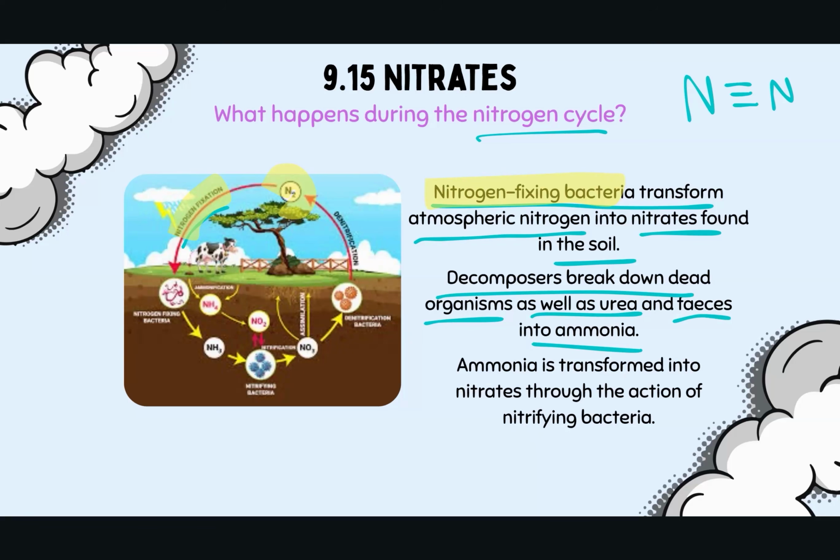What decomposers do is they convert dead organisms, urea and feces, into ammonia, but then nitrifying bacteria turns the ammonia into nitrates. So between these three different types of bacteria or microorganisms, nitrogen fixing, decomposers, and nitrifying bacteria, nitrogen is being converted into